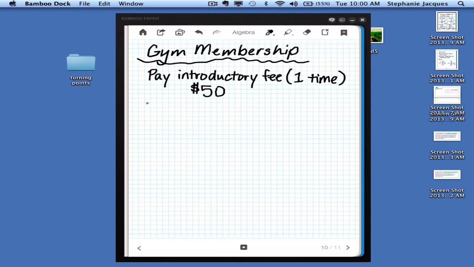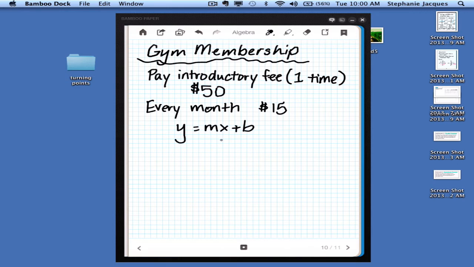Then every month I would have to pay a certain amount. So they said every month I have to pay $15 in order to keep my membership. So I looked at that and I thought, wow, you know what, this would be a great time to apply this to linear equations. So I took my function form, y equals mx plus b,